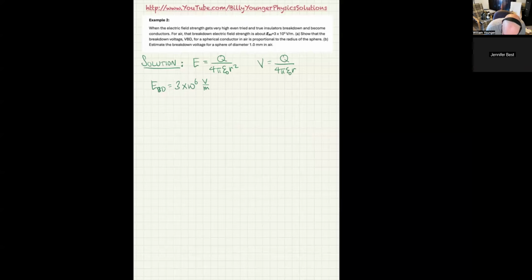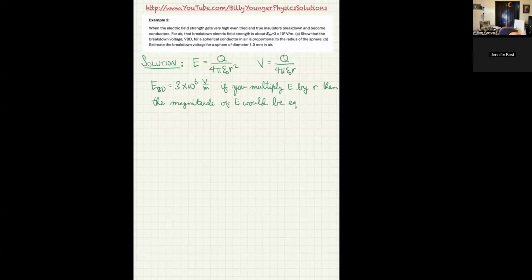multiplied E by R, then the magnitude of E would be equal to the magnitude of V. And therefore, if we choose specifically to think about the radius of a particular sphere, which is